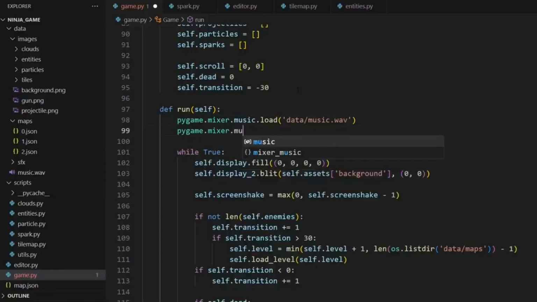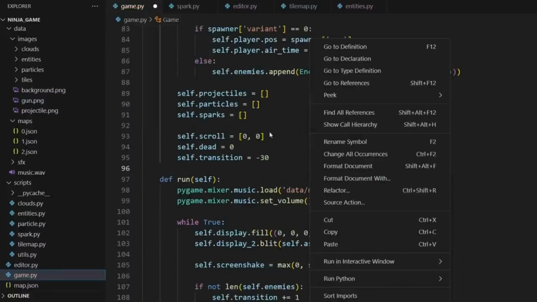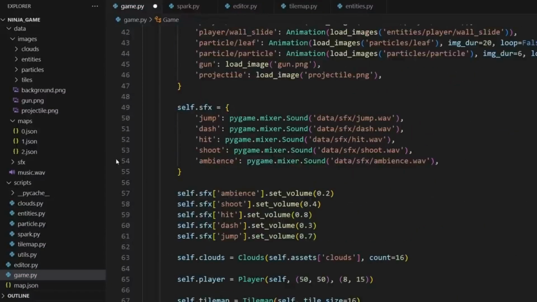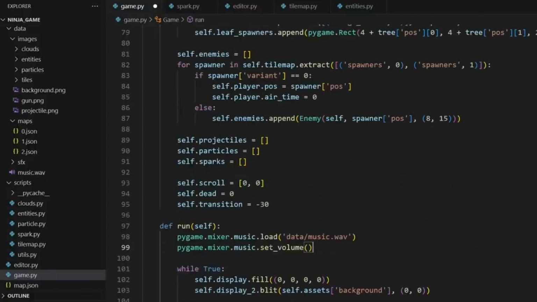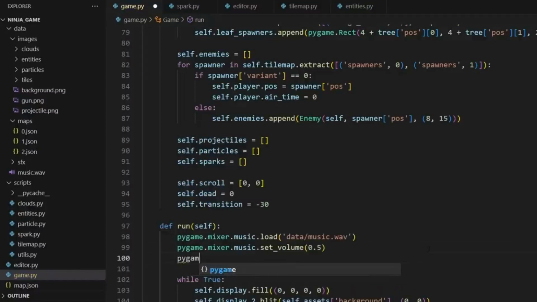All right, so we'll do music.set_volume. This is pretty much the same as when we set the volume for the sound effects, except instead of it being a pygame.mixer Sound object, we're calling it right here. Something interesting to notice is that we're doing music.load. This is not outputting an object. This is just meant to be something where you can have one thing loaded for your music, and then we can set the volume for the one music thing, and we just do set_volume 0.5, and then we'll do